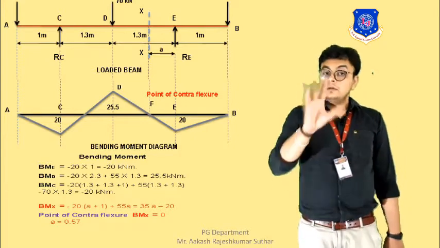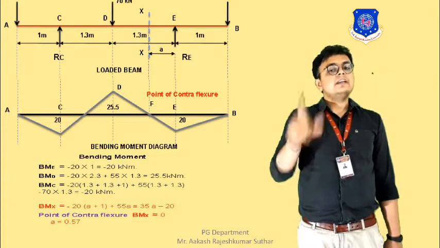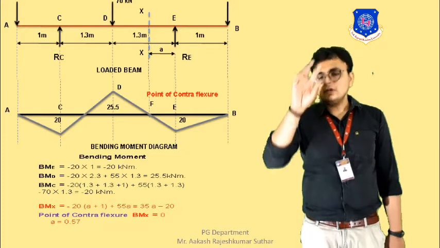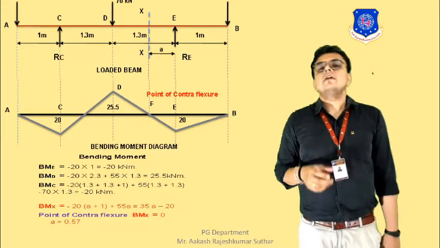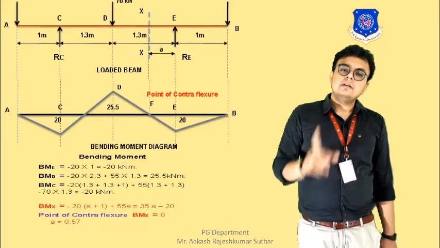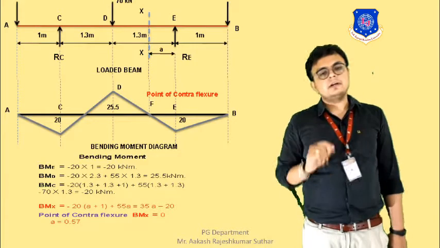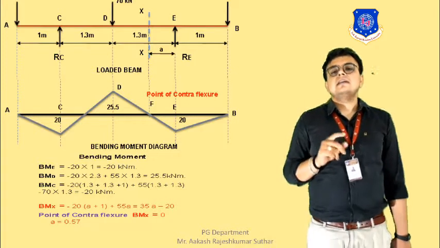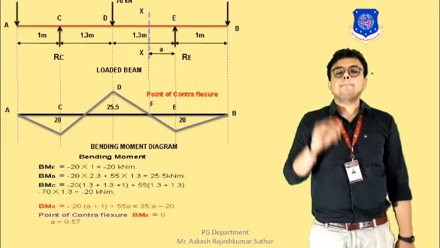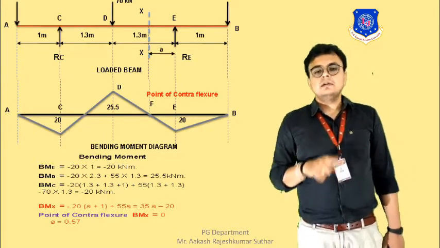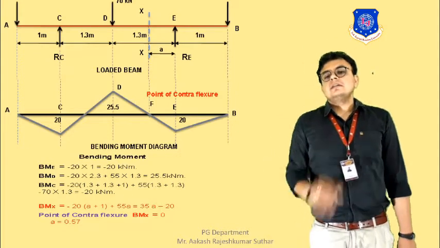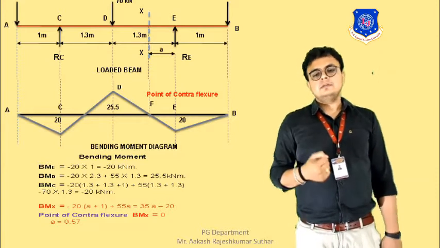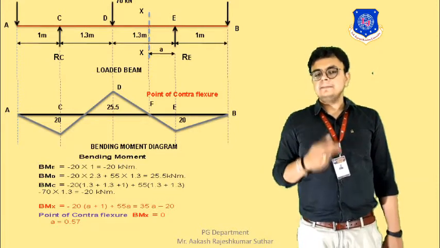Here you can see that at B and at D the loading is in downward direction and both of them are creating the moment of clockwise on the right hand side of the joint. So, that will be termed as negative. And at E point we are having the reaction which is creating the moment anti-clockwise on the right hand side of the joint. So, that is how the calculation is being done.